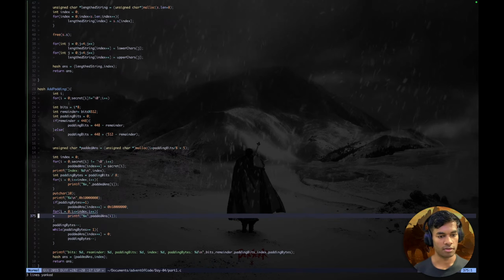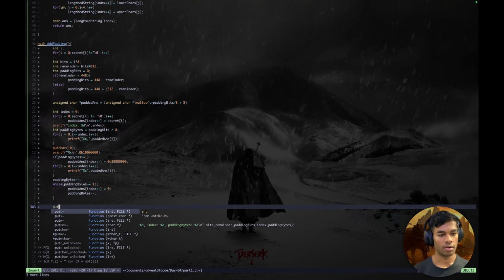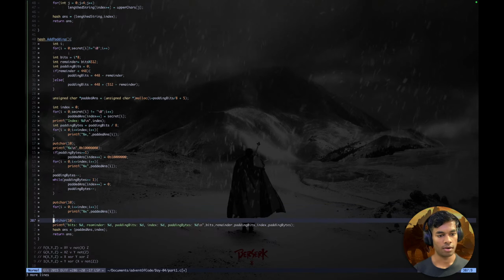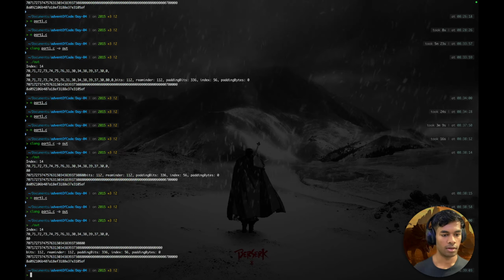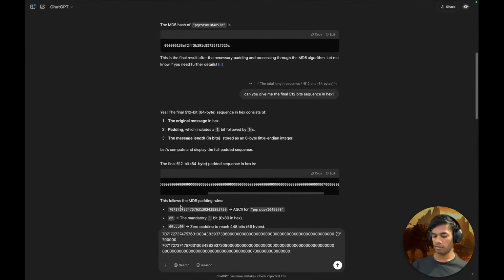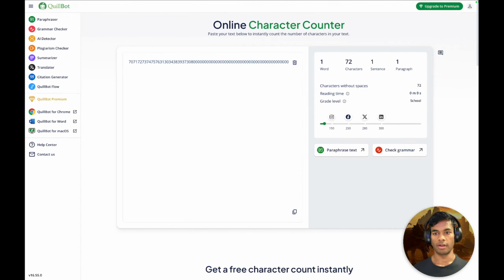Nope. Don't copy this, copy this. Yep, after this, print a new line here and also here. Let's see. This is what I got. And this should have 56 bytes, right? 56 bytes will be represented by 112 characters. And I do not think there are 112. There are only 72 characters, which means